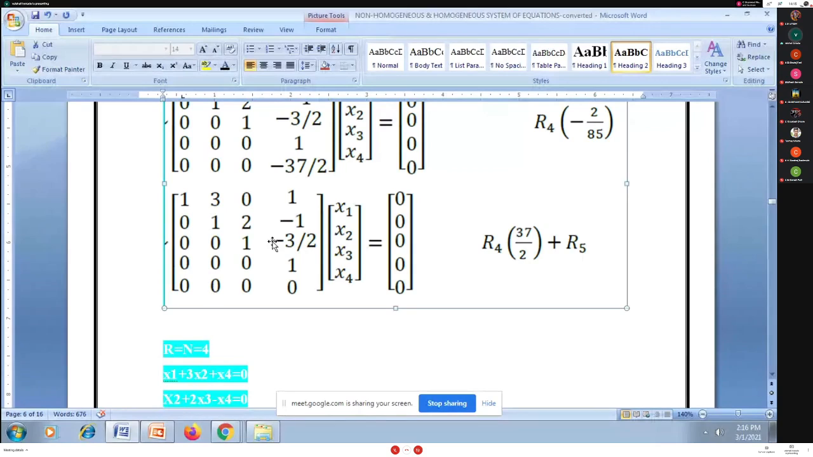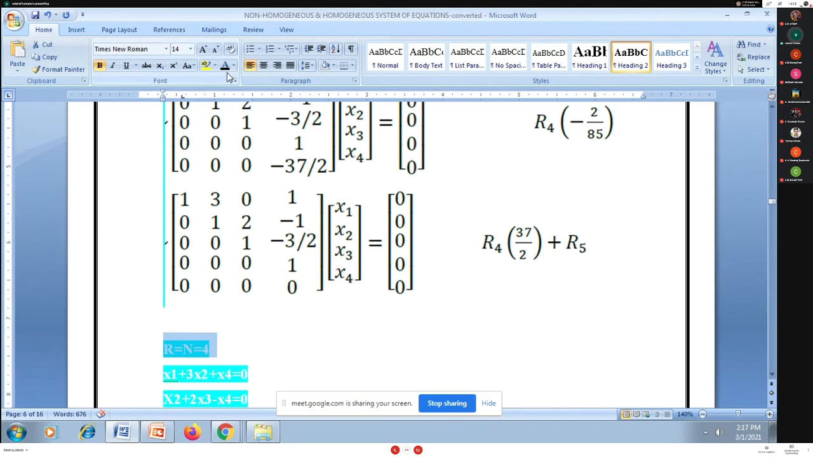This matrix is having 4 unknowns, and I find it in echelon form. I am having 4 non-zero rows. So rank of A is equal to 4. Number of unknowns also 4. Rank is equal to n. Number of unknowns is equal to 4. So whenever I'm having rank equal to number of unknowns, this system will have trivial solution, means all unknowns